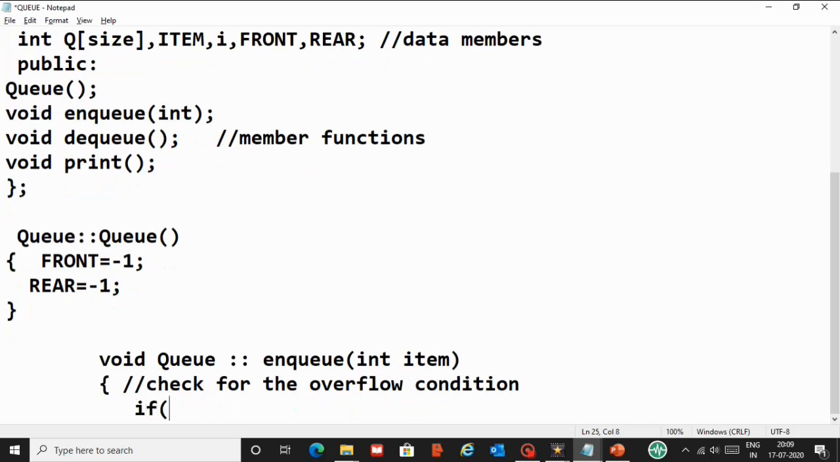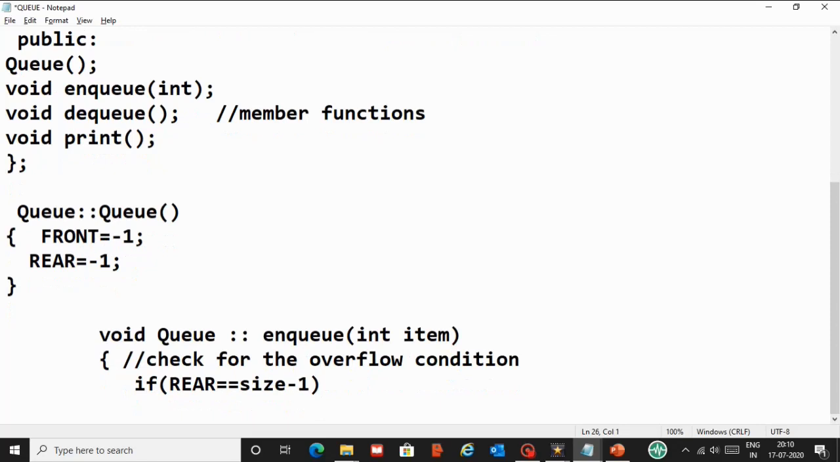If rear is double equal to size -1. What is size? The maximum number of elements in the queue. So 0 to size -1 is nothing but that many elements. Here I have given size as a constant which has the value 10 assigned to it. So 0 to 9 is nothing but 10 elements. If rear is size -1,